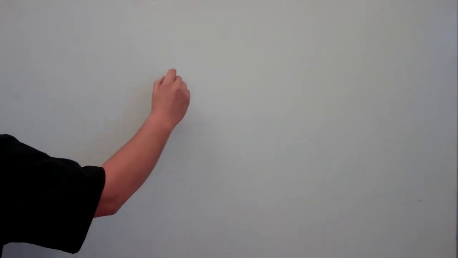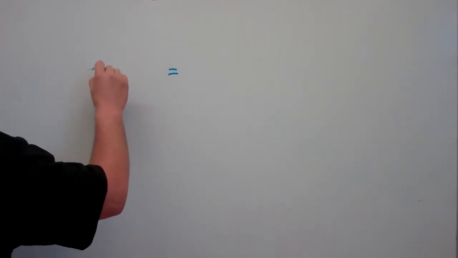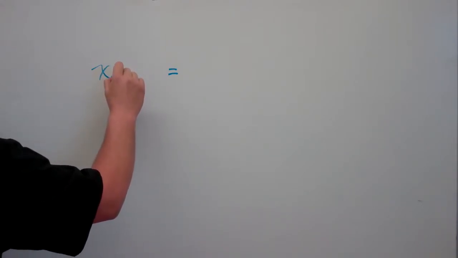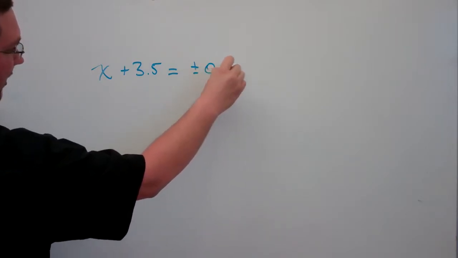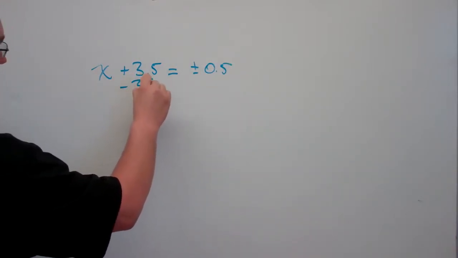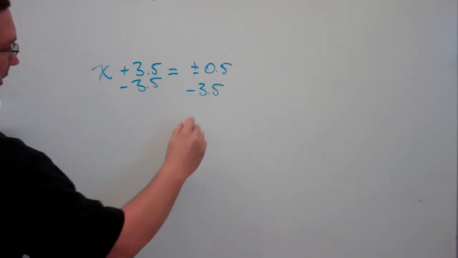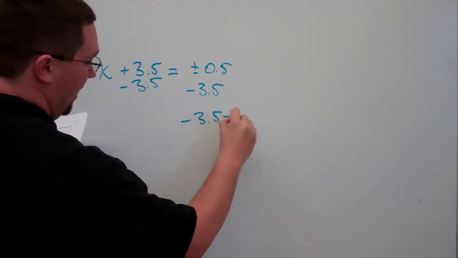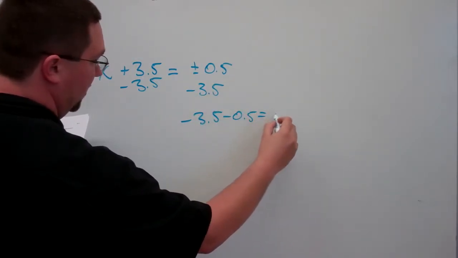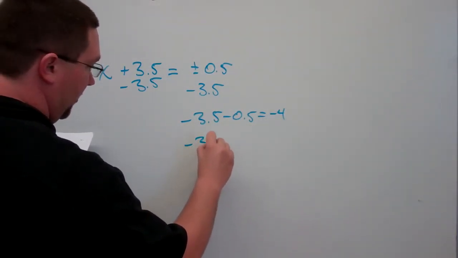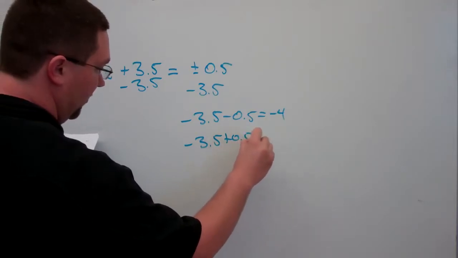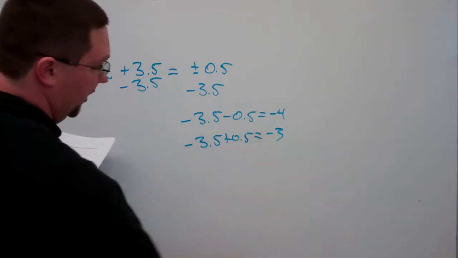Because you have, what was it, x, I don't remember now, plus 3.5. It should have been positive negative 0.5. So when you subtract, you have negative 3.5 minus 0.5, which is negative 4. All right. Then you have negative 3.5 plus 0.5, which is what gives you the negative 3 for your